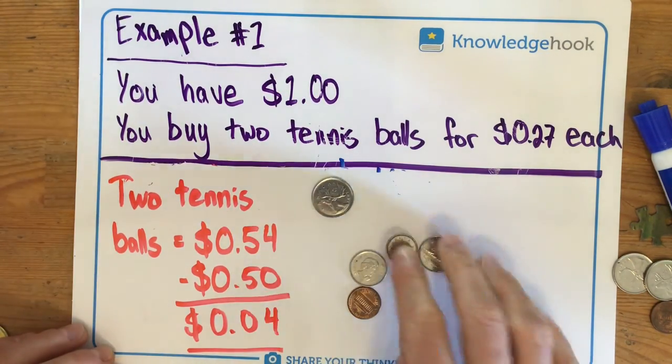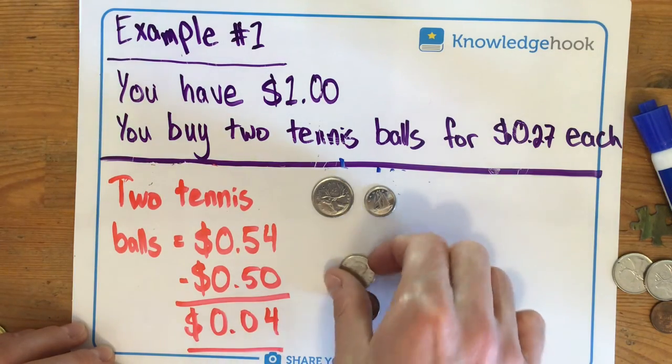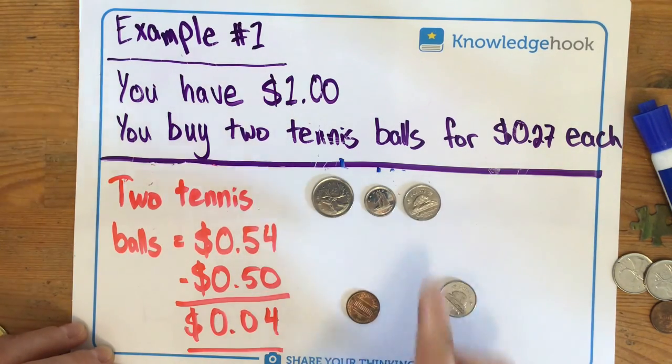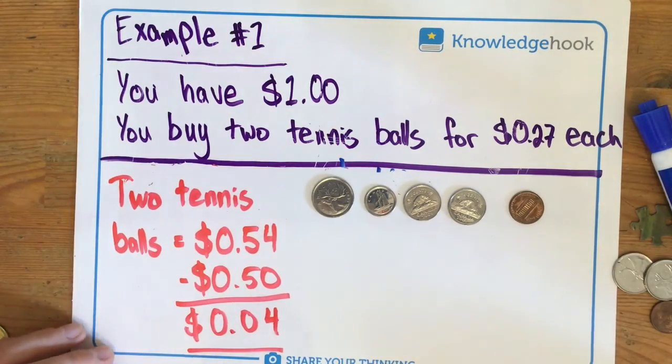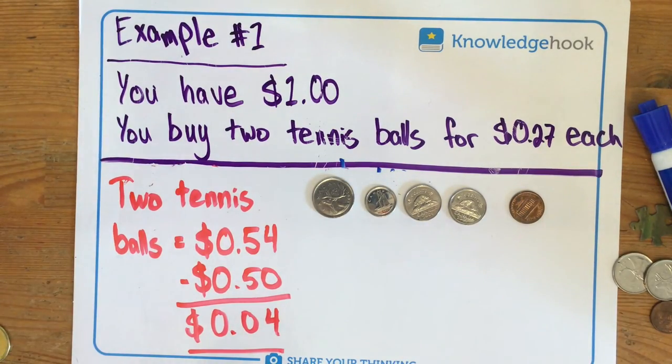So I've got 25, 35, 40, 45, 46 cents left. And I can double check that by doing the 50 cents that I had, take away 4